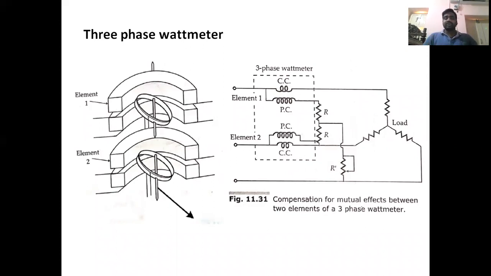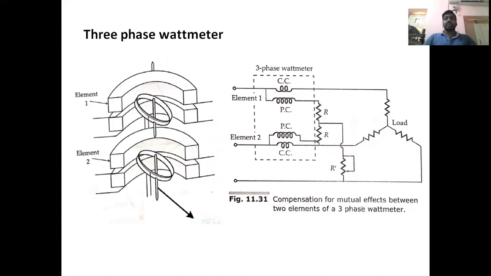Previously we had only a single element. What does a single element have? A single element has two current coils. See, this is one current coil and this is one current coil. In between the current coils we placed the moving coil. In between two current coils we placed the potential coil, or pressure coil, or moving coil. The flux is produced by the two current coils, and the moving coil creates an additional flux. The continuous interaction between the flux due to the current coils and the pressure coil creates a deflection in the needle. Okay, that's what we discussed.